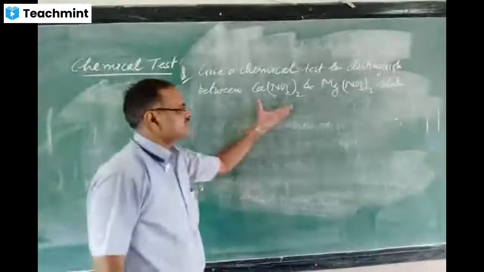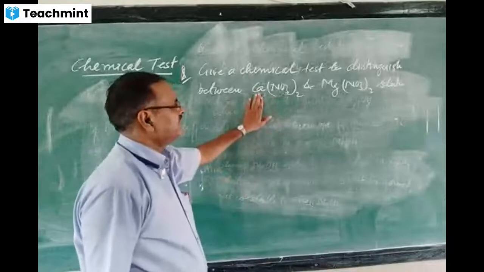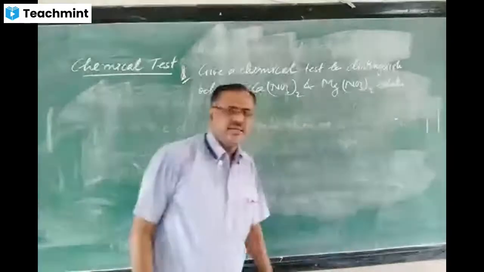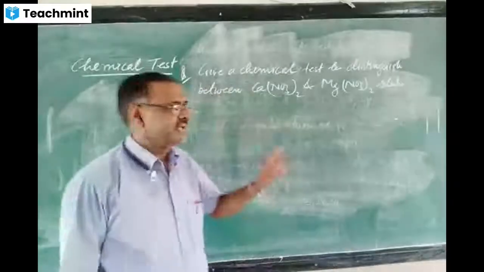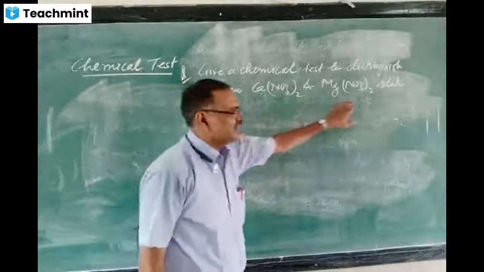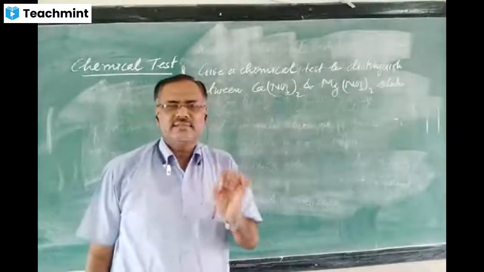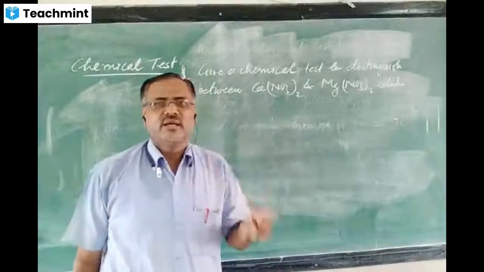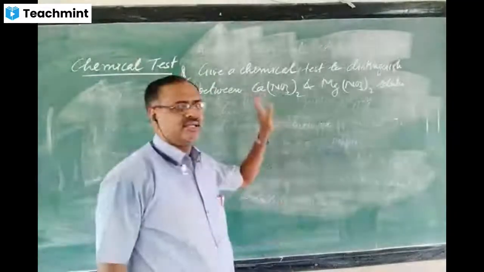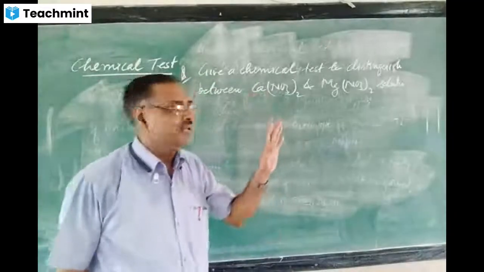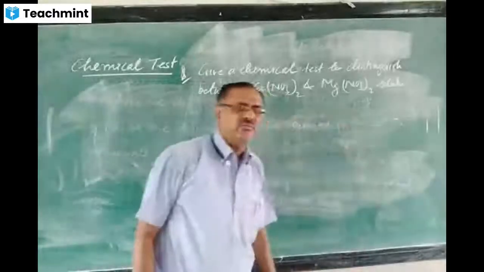So just see what is different here. Calcium ion and magnesium ion. The cations are different. Regarding the anions, here nitrate, there also nitrate. So the best reagent you can take here, I suggest, is ammonium hydroxide. When you add ammonium hydroxide in calcium nitrate, no precipitate is formed, but in magnesium nitrate, you will get a